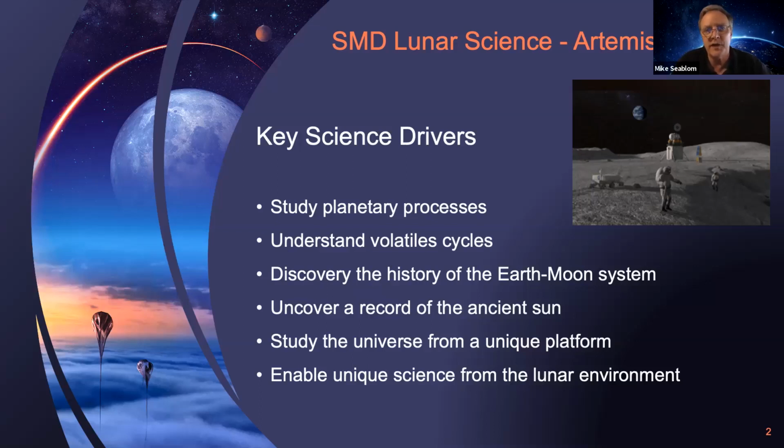As you know, in our planetary science division, we've had lunar science requirements for some time. These key science drivers have not really changed since the advent of the Moon to Mars initiative, but we are now promoting them, and we're focusing on them more than we were before. The key science drivers for SMD, for lunar exploration, include studying planetary processes, understanding the volatile cycles, looking at even outgassing from the lunar surface,